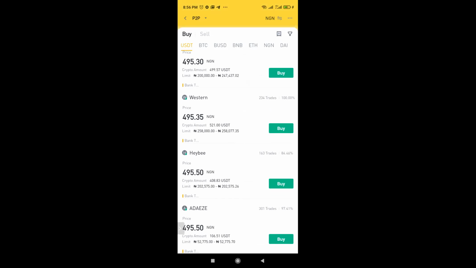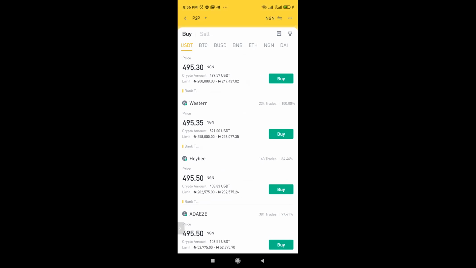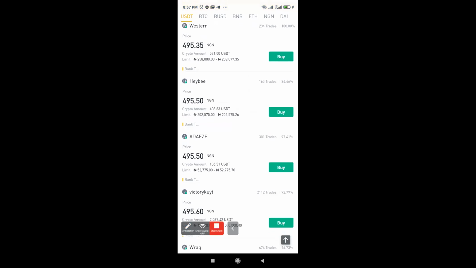Now you can see this list of people. These are the people who have been licensed to send you crypto, or you can buy crypto from. Like I recommended, you should always be on US dollar. As you can see, I'm on US dollar here under buy. I've not done all these other ones before. I always convert everything to US dollar when I want to sell or request for US dollar. Then I use that US dollar to buy. I hope that's clear. If you have any questions, you can cut me off at any point and I'll answer you, please. Now you can see a list of people that you can buy from.